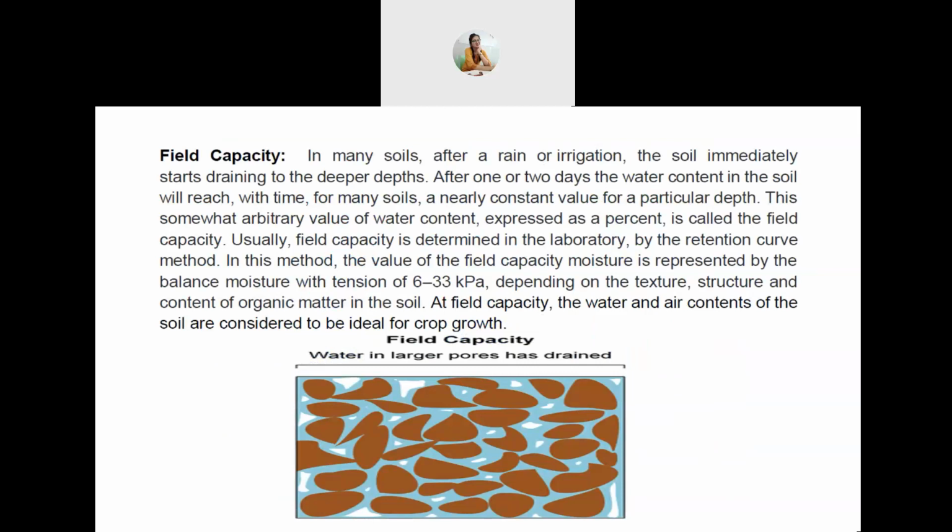Fill capacity. In many soils, after a rain or irrigation, the soil immediately starts draining to the deeper depths. After 1 or 2 days, the water content in the soil will reach with time, for many soils, a nearly constant value for a particular depth. This somewhat arbitrary value of water content expressed as a percent is called the fill capacity. Usually, fill capacity is determined in the laboratory by the retention curve method. In this method, the value of the fill capacity moisture is represented by the balanced moisture with